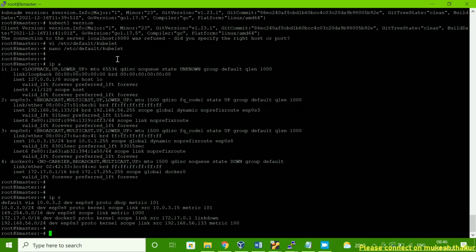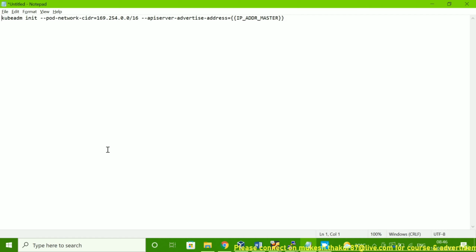So in a prod network, you have to run the IP r command, and then you know which Ethernet IP you're going to use. So I'm going to use this network, enp0s3. So I have to copy this one, and then paste here.